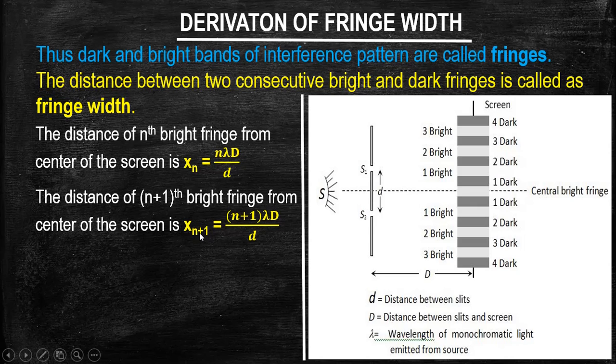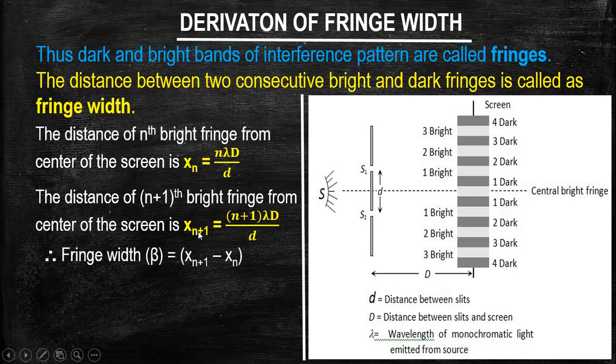Then it becomes the n plus 1th bright fringe. Suppose if I take n equal to 3, then the fourth bright fringe is n plus 1. So in place of n you have to write simply n plus 1, nothing else. If you take the difference of these two,